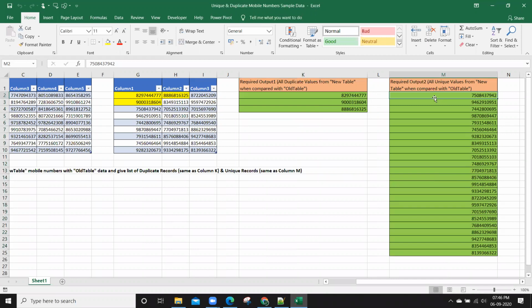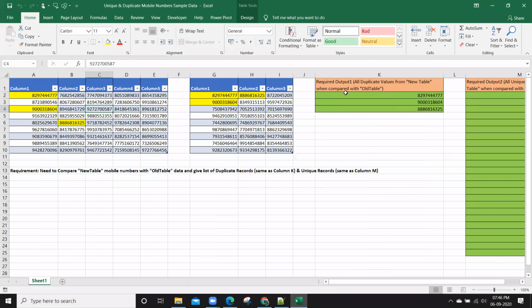Is the requirement clear? From this data set, but with the comparison with this old data set, we need to get how many of them are old mobile numbers and how many of them are new ones. With respect to this data set, we need to compare with the old data set. Is the requirement clear? Girish is going to explain how it can be done in